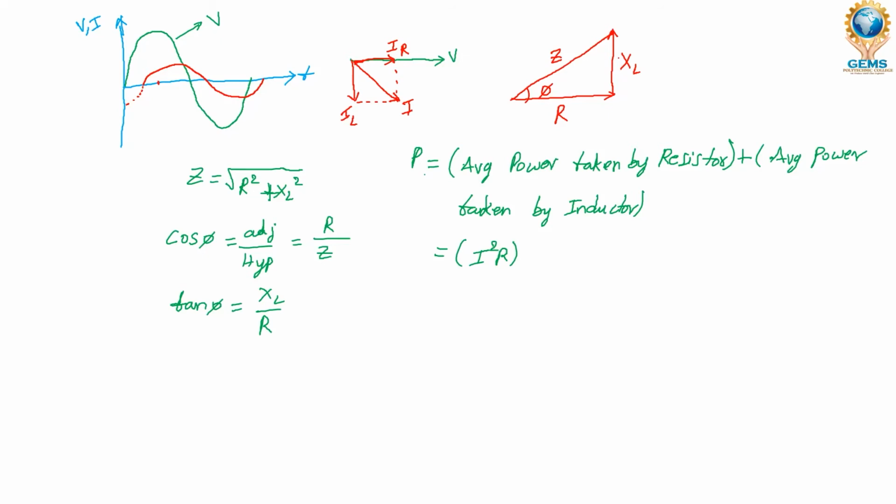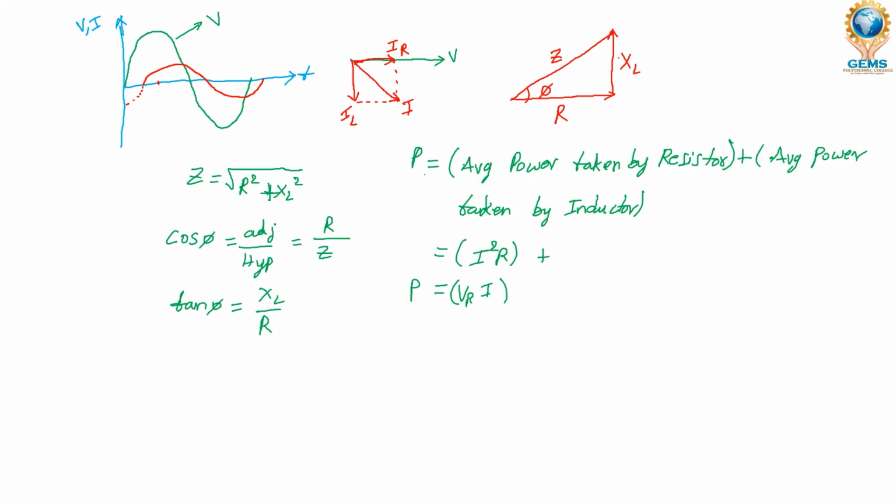Power equals V into I equals V by R into, you can write VR into I. Sorry, here it is V into I. Power equals voltage into current. Voltage is VR into I plus,